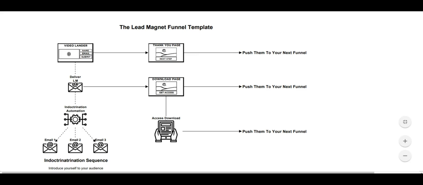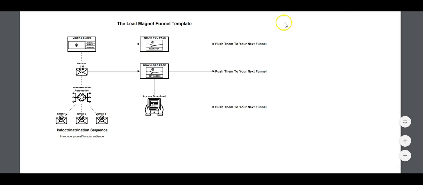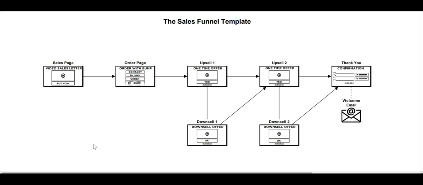The next one is your traditional sales funnel. So instead of offering something free, you're going straight into a paid offer. This can be a low-end offer. This can be something into your signature course. Whatever you decide to do, that's what this is about. So in this case, the video sales letter for whatever you want them to buy is your lead magnet. So, someone's clearly interested. They click the buy